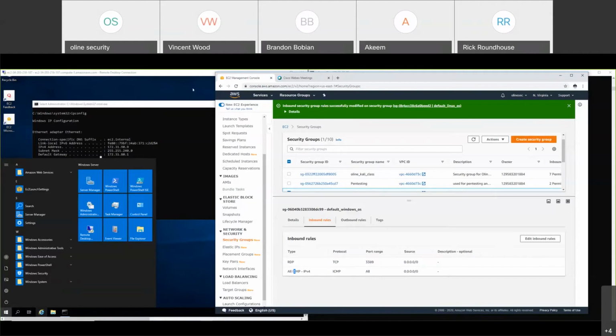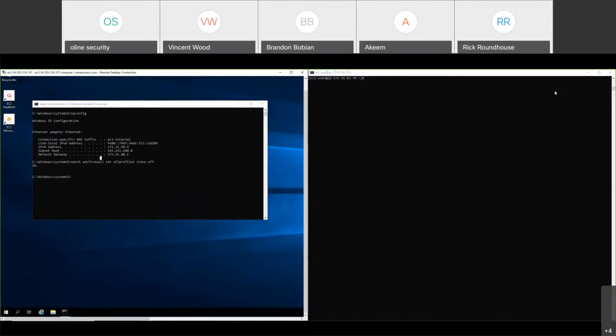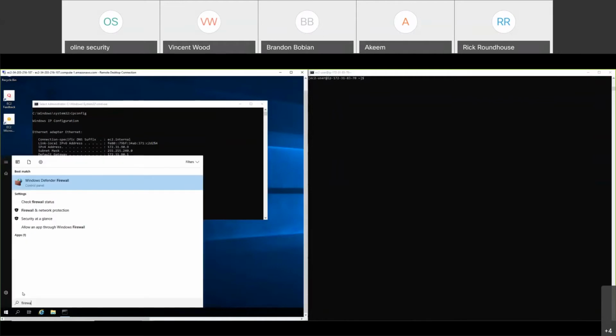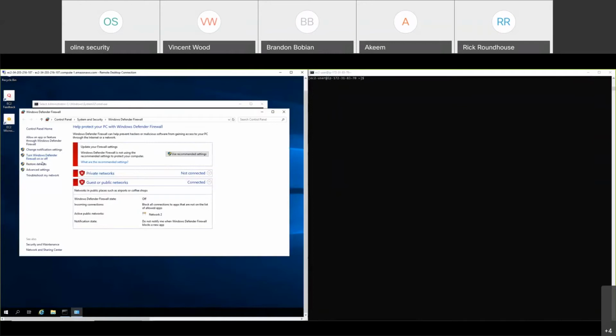But remember, you have network-based firewalls and you have host-based firewalls, two different levels. There are different types of firewalls, but the two levels are always going to be host-based and network-based. So host-based, what you're going to do is different from AWS, because in AWS, if you don't say, "Hey, open this door," it's open.